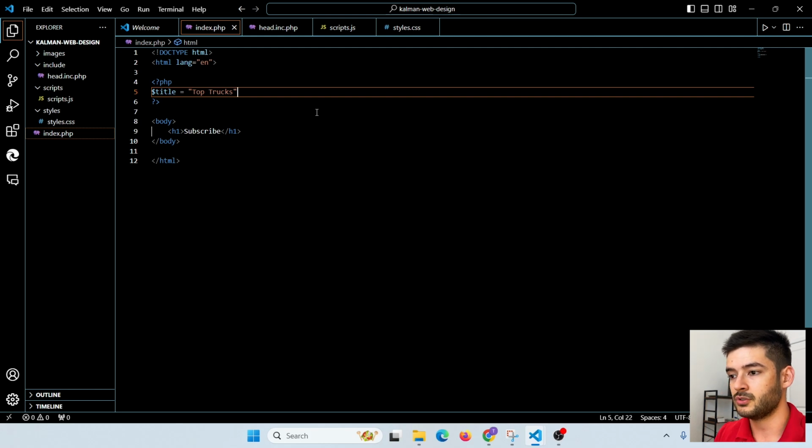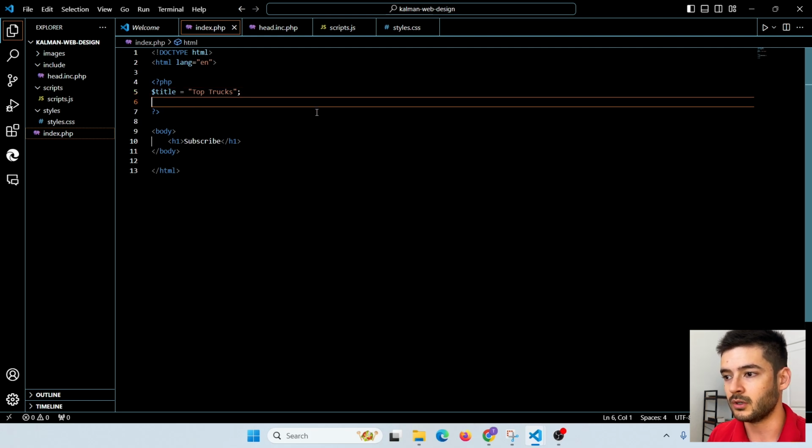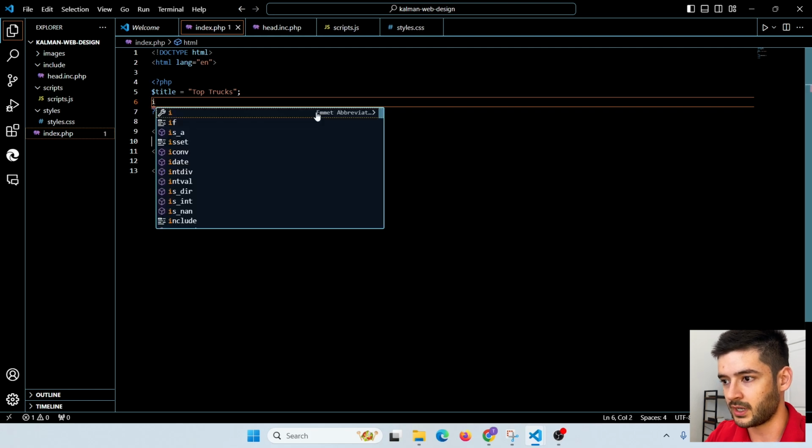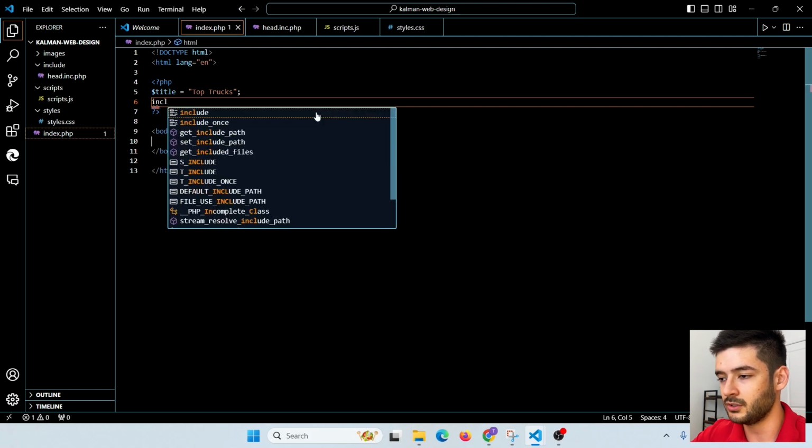And then if you guys are used to using JavaScript, you don't always have to include semicolons when you're coding with JavaScript. But for PHP, you want to include your semicolon after each line of code or you will run into issues. And to include that head file that we just created, we can simply use include,